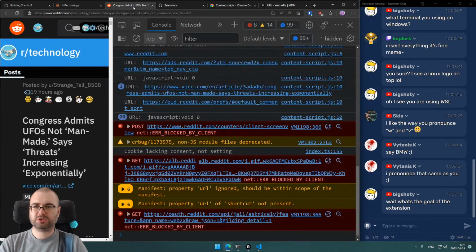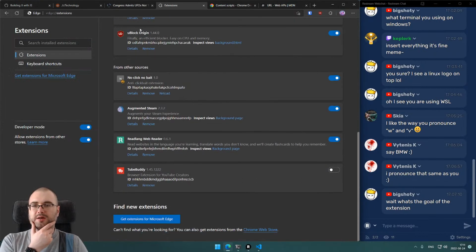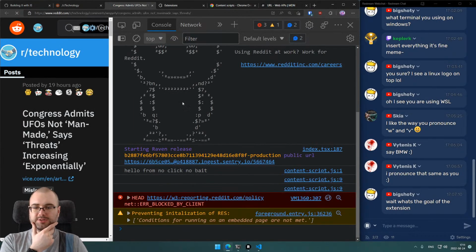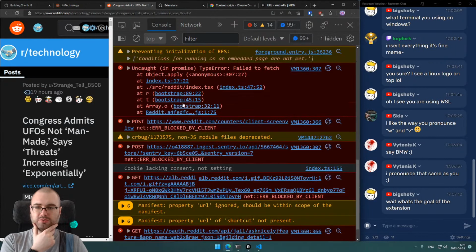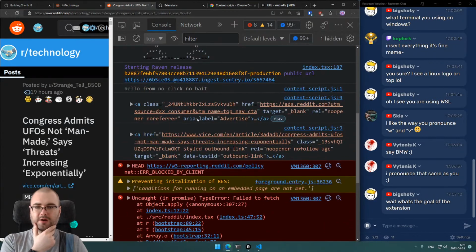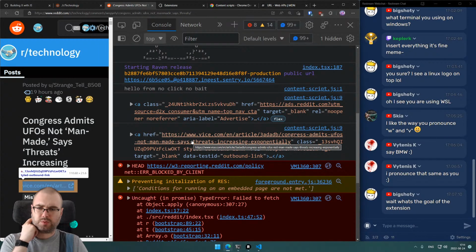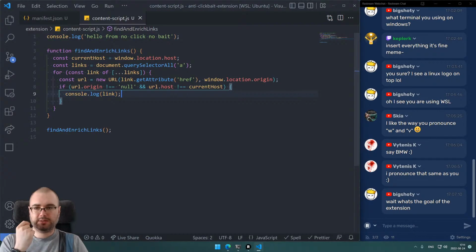Clear the errors. We should no longer have any errors, theoretically. Okay, so we should now have a list of DOM nodes that were found. Yeah, there we go. There they are, right? Okay, so this is some ads thing that I don't think I even see because of the ad blocker. And then we got this one that is the interesting one, right? So what we're gonna do is we're gonna augment it, right? So we need to